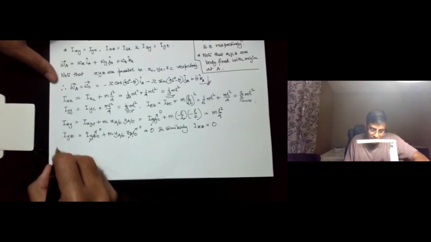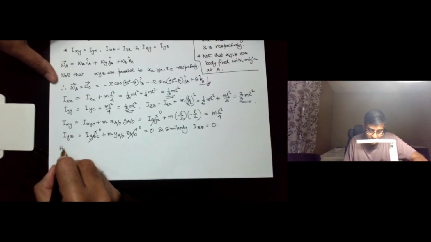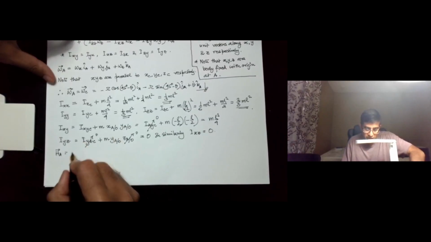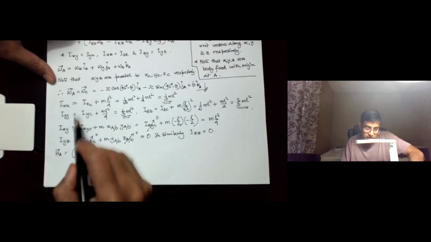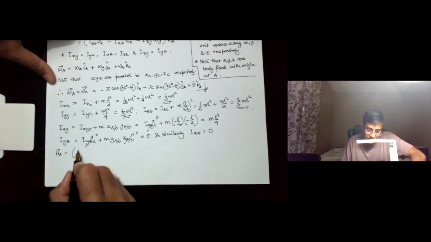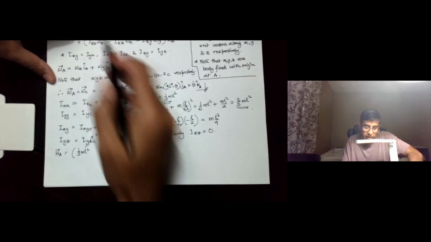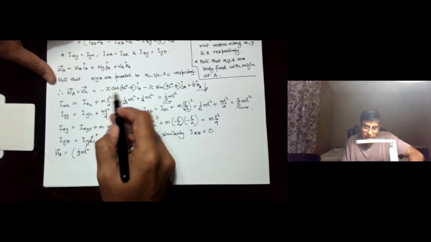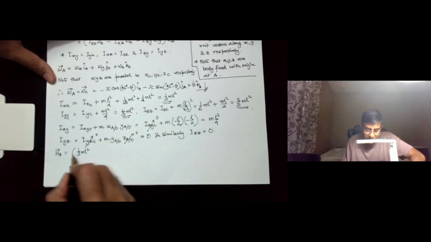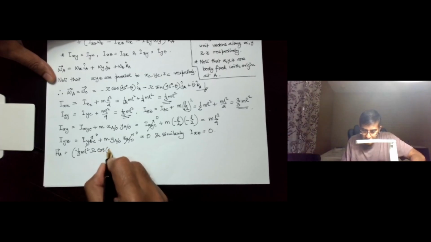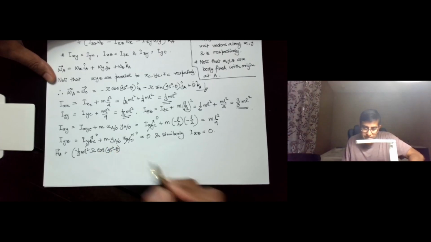So then h of A is equal to, so we are going to substitute Ixx is 1/3 ml squared times omega x. So omega x is minus capital omega cosine 45 minus theta, so we'll put a negative here, omega cosine 45 degrees minus theta,